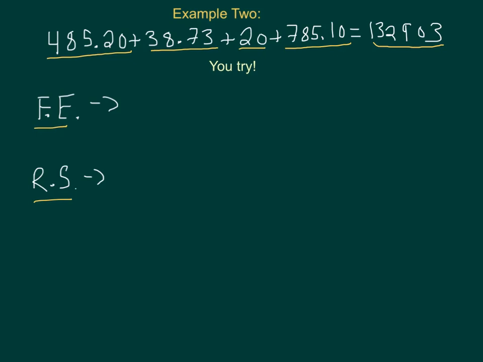Okay, so if we are doing our front end estimation here, we are just going to, like we know from before, take the first digit and then make the rest 0. So in our first number here, we had 485. We keep the 4, and the rest becomes 0. Plus 38.73, we keep the first digit 3, the rest becomes 0. We ignore that backside decimals. Plus 20, well, the first digit stays the same, rest becomes 0. That was pretty easy because it stays the same. And 785, we keep the first digit and the rest becomes 0, which when we add them all together gives us